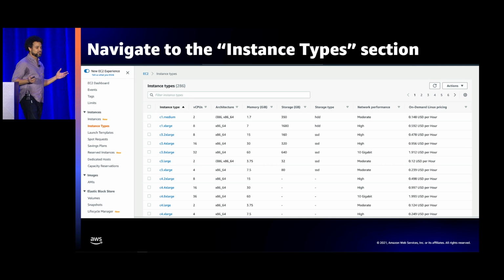So if you go to the EC2 console, the first thing you're going to see is, of course, a list of options. Under instances, you'll see instance types, and this is where the tool lives. You'll see a bar at the top where you're going to put in your filtered options. We're going to talk a little bit more about what kind of things you can input there. But you'll see at the bottom, once you put in your filters, it will return an updated list of instances combined with the attributes of those instances.